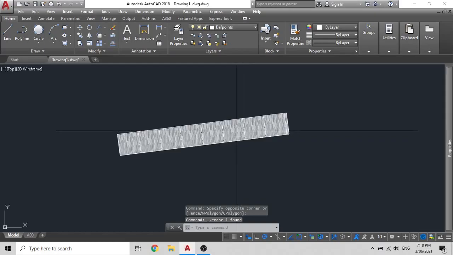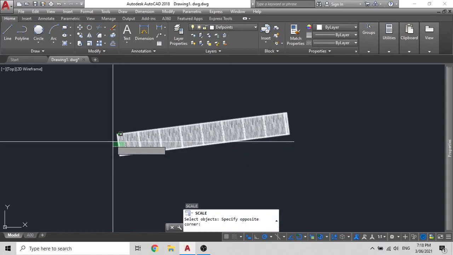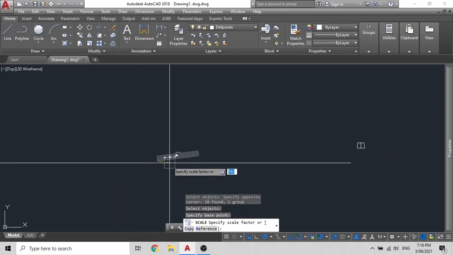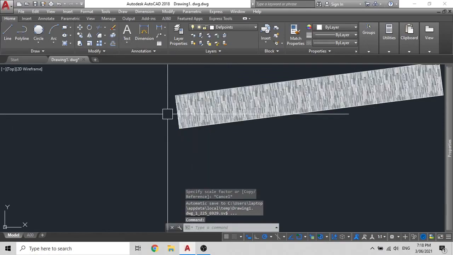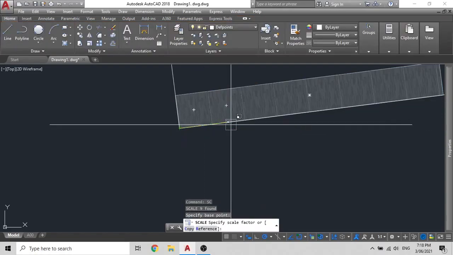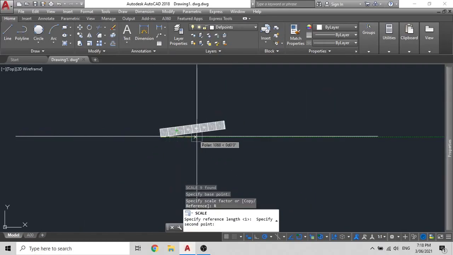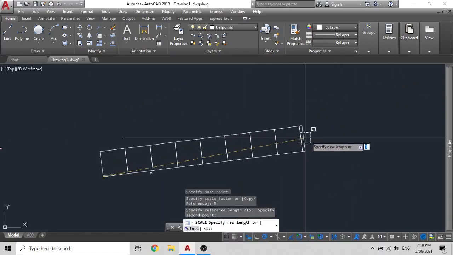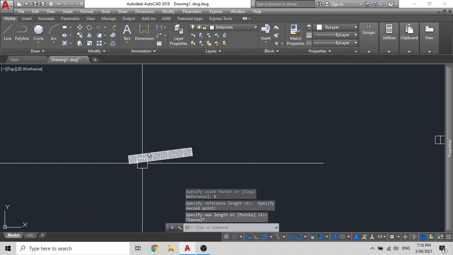So if you wish to scale one object, remember, when you are scaling, type SC for scale, then press enter and select your object that you wish to scale, press enter. Now, if you're just using this, it will make it really huge and you'll have a hard time to manage it. So to scale with reference, type SC, enter, then select the bottom point, then type R, enter, then just pick your two reference points and you can either move them up and make it as huge as you want them to be, or you can move them down like so.